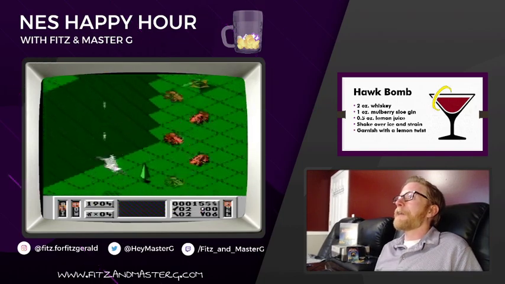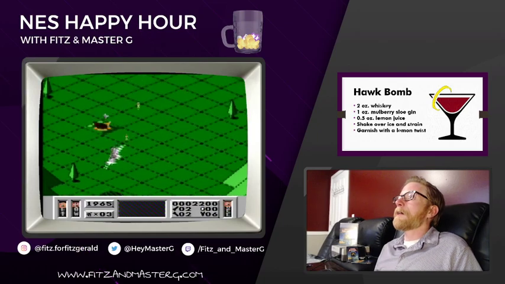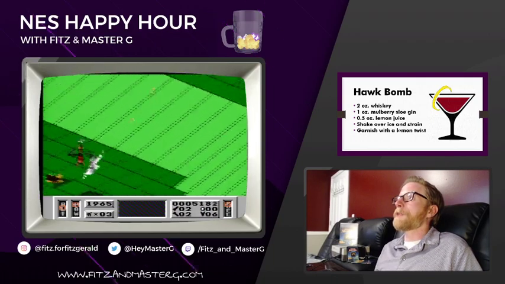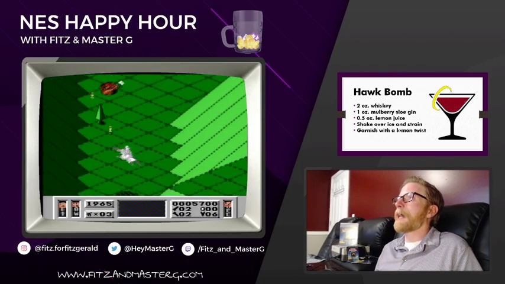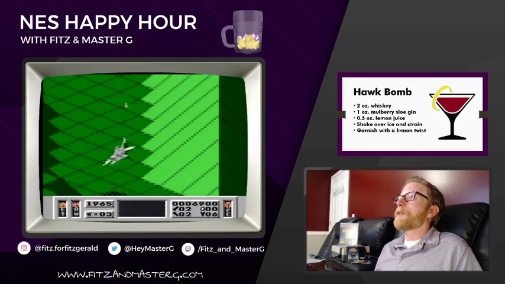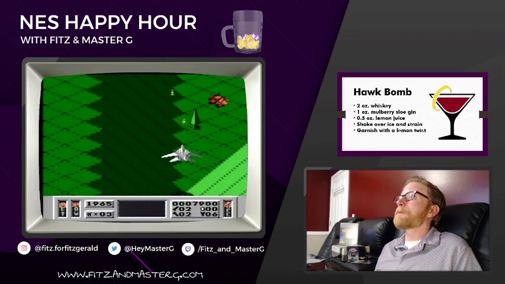I did not have this game as a kid, so I do not know the tricks. If anybody's watching, wants to let me know what I'm supposed to do to get through these levels best. I've been told there are some secret passages that let you get out of some of the crazier parts of these levels. I don't know where they are,